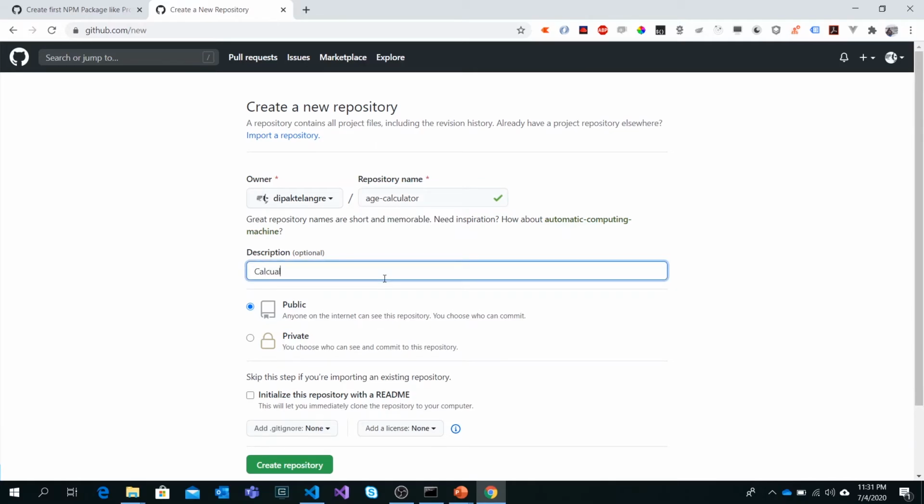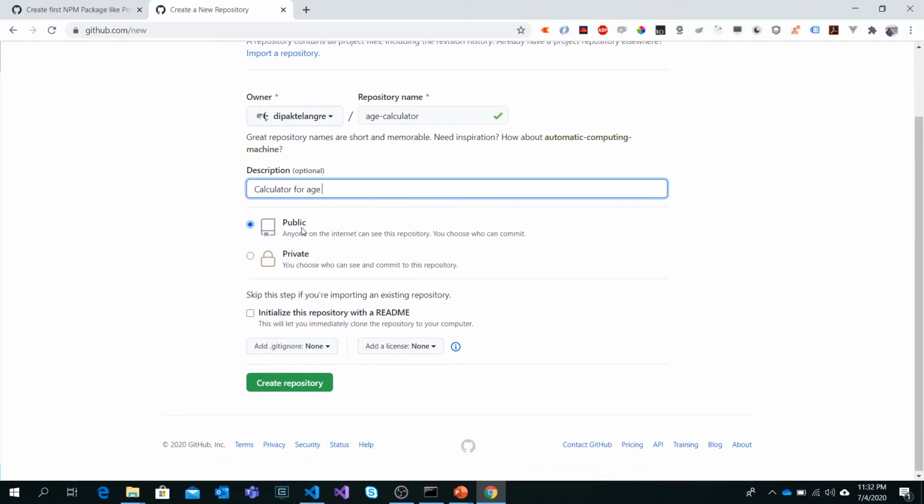Let's put in some example description about our repository. I would like to create this as a public repository, but if you are working on a private repository, you can choose private for it. I would like to create the README file in my repository, but as of now, I am going to skip this option. At the end, of course, I am going to show you how we can create the basic README file for documentation purposes.